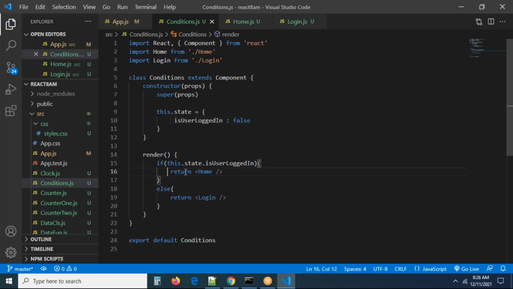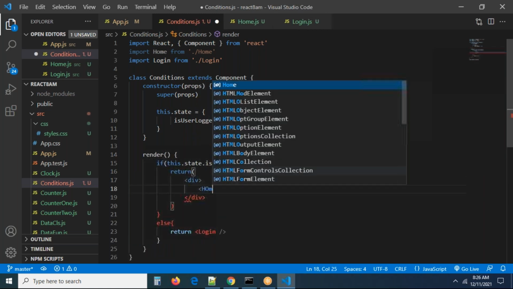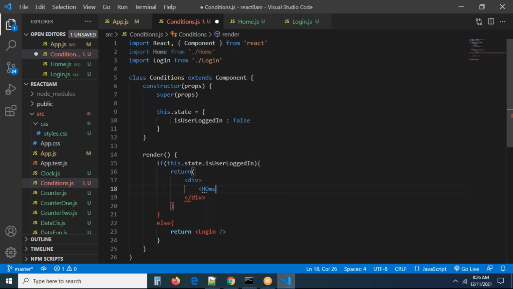Or else, sir, I want to take more HTML here. If you want to take open return, inside of it, take a div tag open, div tag close. Inside of it, we can write home. Or else you want to make any other HTML you required, we can make it here. Right here also,